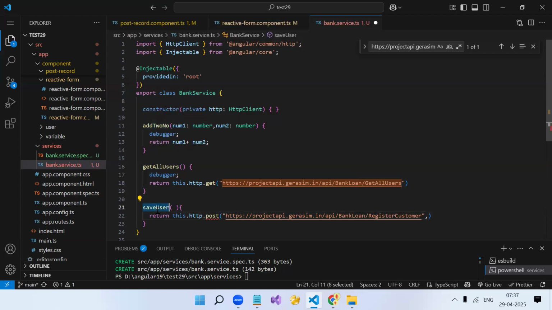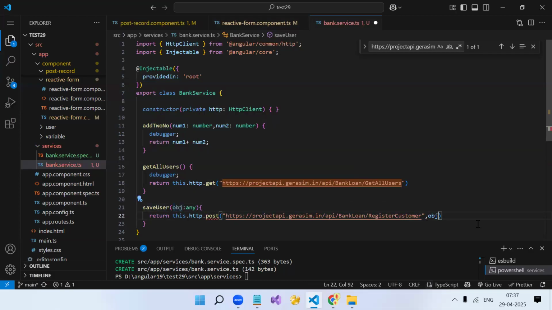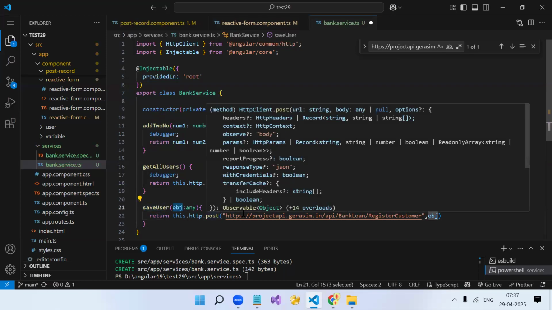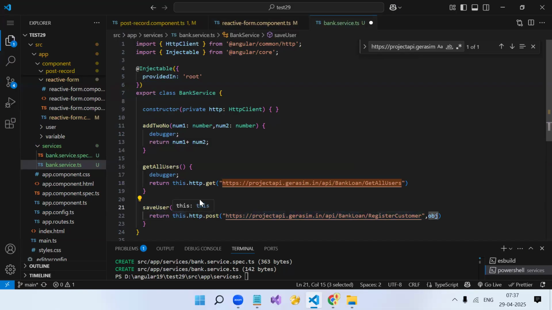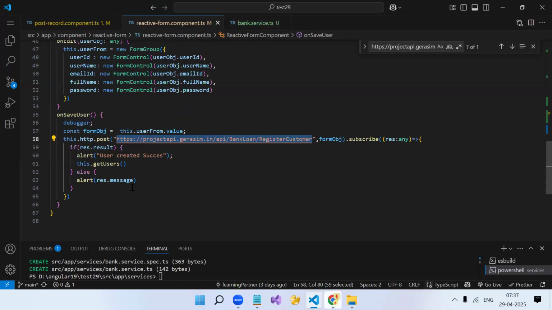So while calling this function from your component.ts, you will pass the object. So that object, you will get it over here, and this object you will pass over here. This is your post API call, which is with the parameter. So you are making the post API call with whatever object you get. Now, when you want to execute that in your component,